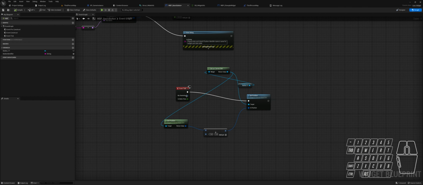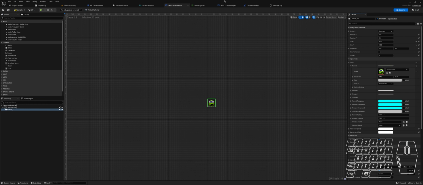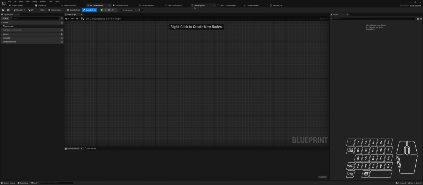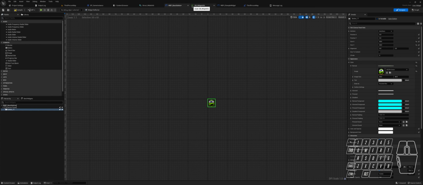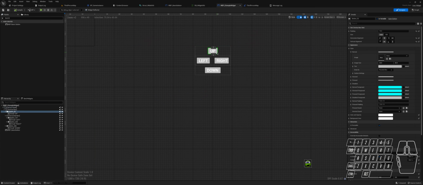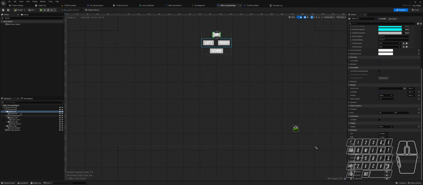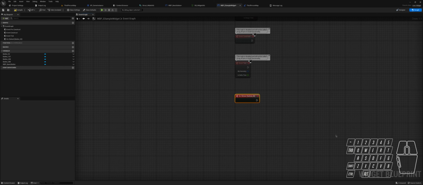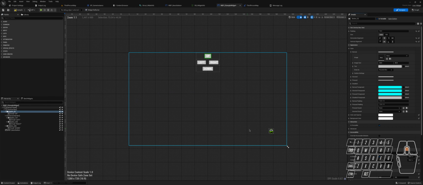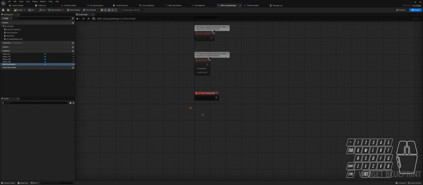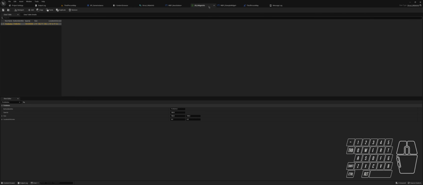So if we press up, let's make an on clicked event. If we press up, we need to get this widget reference, and this is basic widget, and we need to make it go up. So for that, we will